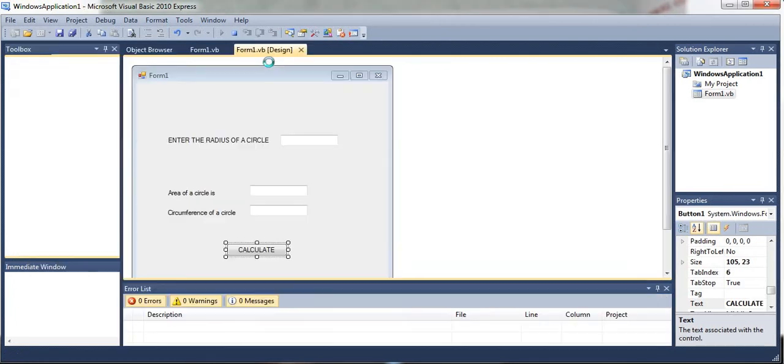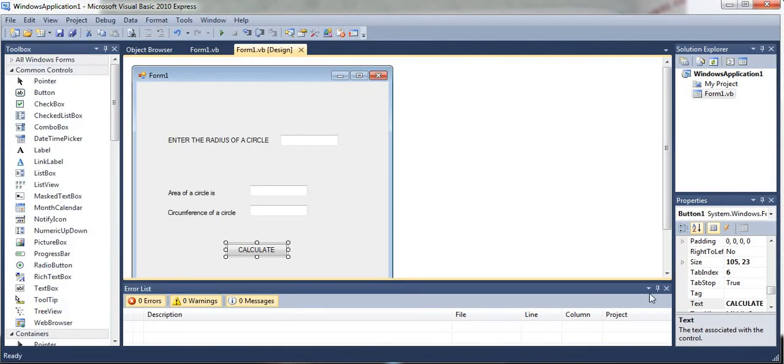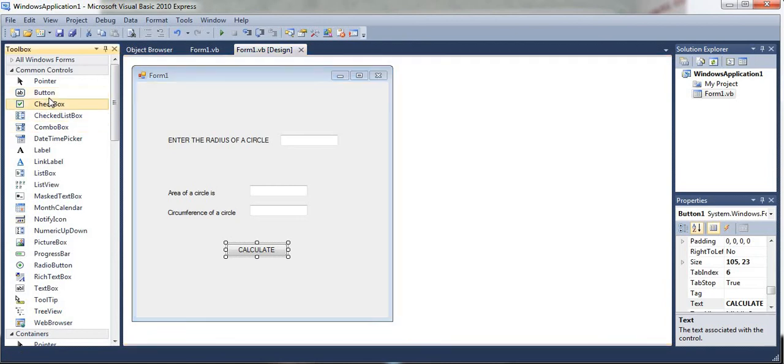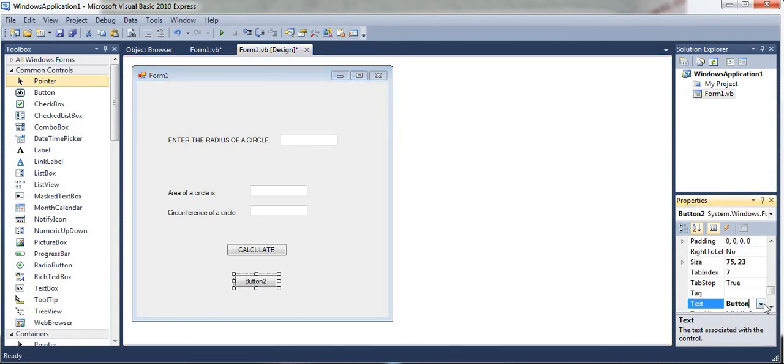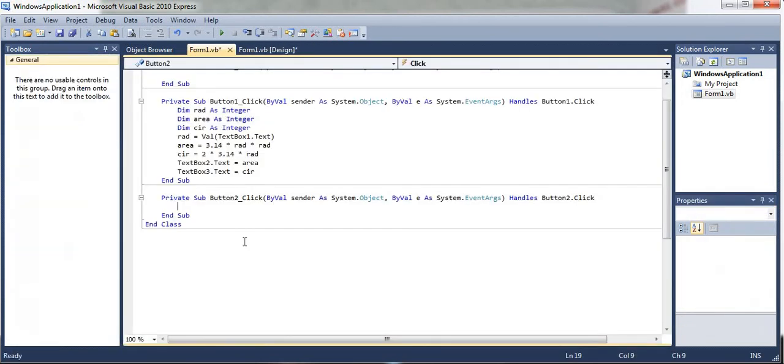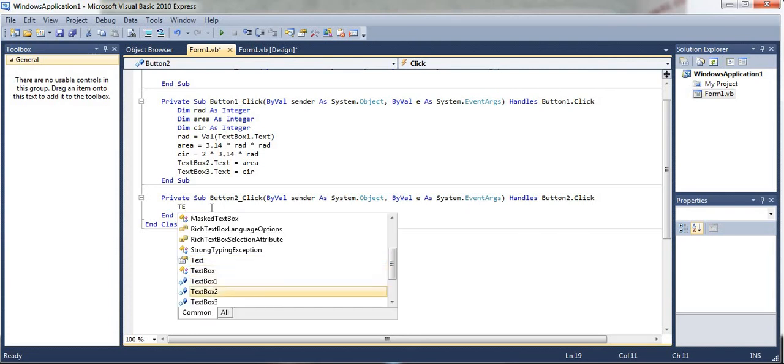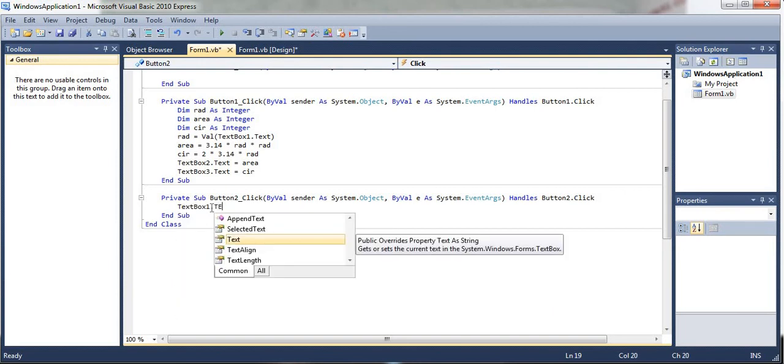Here one more thing we can do is have one more button here. Let me take one button also here. This is to clear the values. So here I can display CLEAR, or in capital letters CLEAR, like this. And in this clear button, when it is pressed, text box 1 dot text will be cleared.